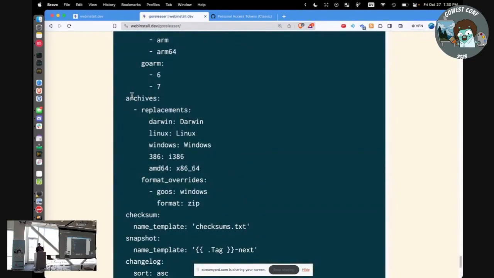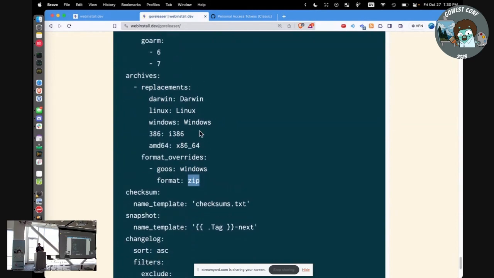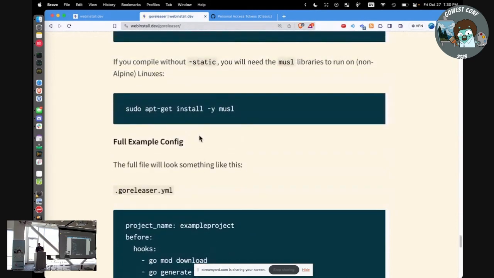Oh, okay. In the one down at the bottom, I do have the archive section, and it shows, okay, for Windows, we want zip, but for Darwin and for Linux, we just want the default, which is going to be a tar. So the point of all this is that if your code builds, and you build a binary, and you